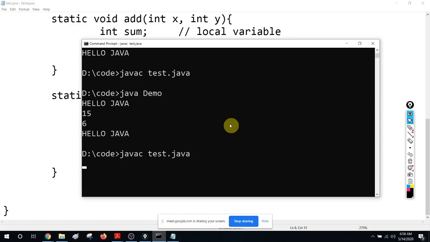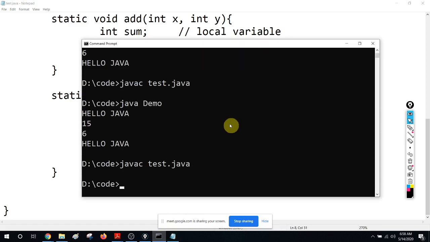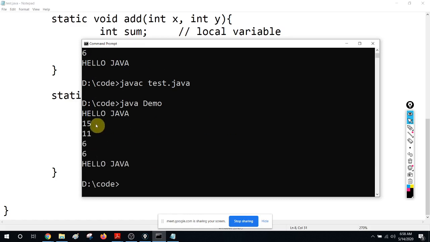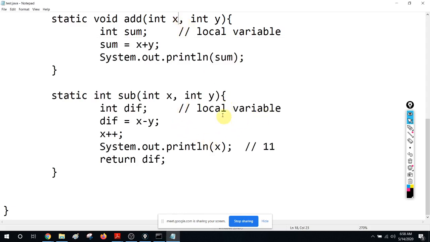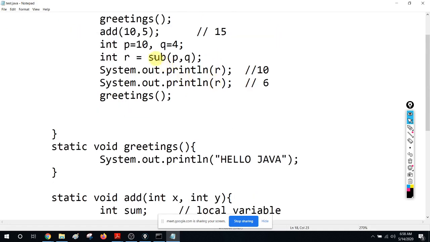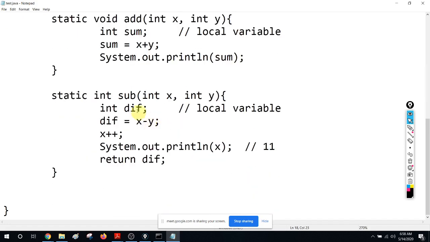If it is not clear, just let me know. So you can say the output is 15 11 6 6. Why? Obviously the 15 came from this one. The 11 came from, remember when you call sub, it goes there and there's the system output, so 11 came from there.